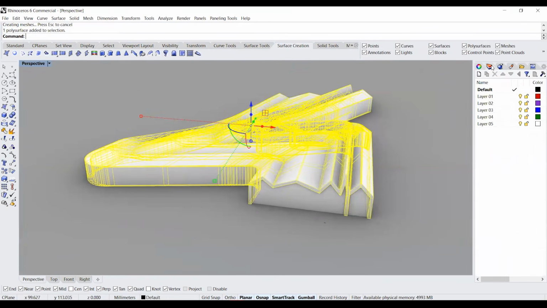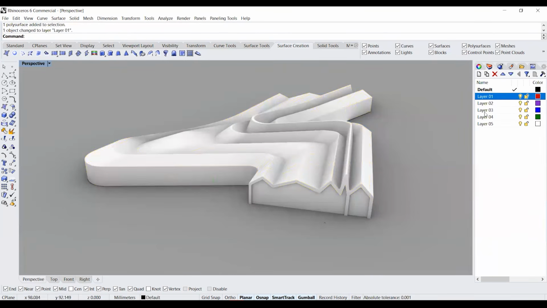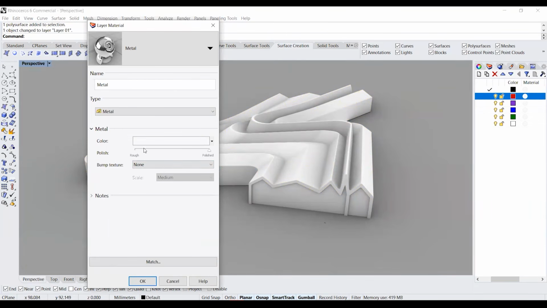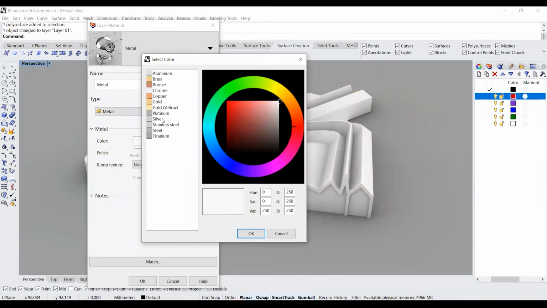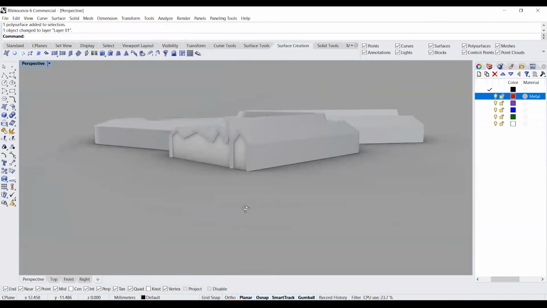Now this particular polysurface I'm going to put into a new layer and I'm going to change the material of this to metal. Stainless steel. You've got to keep it relatively rough. You don't need it to be too polished. Okay.